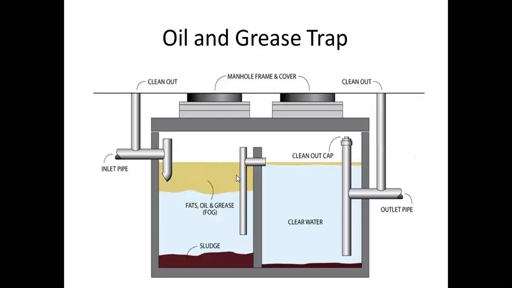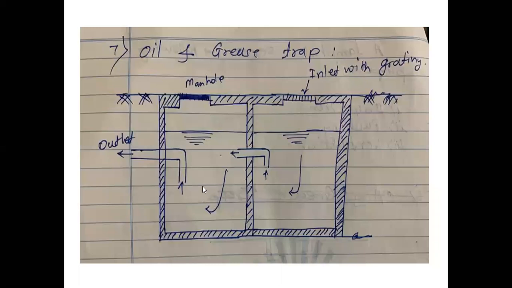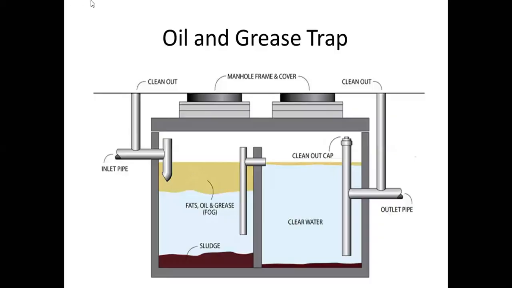Oil and grease trap, you should know that, actually you already know that an oil and grease trap is nothing but the removal of oily or greasy material from the sewage. In sewage, a huge amount of grease material is present, and that greasy material will create problems in the sewer line. What happens in a sewer line? Actually, I think I have not taken that figure to make it clear to you.